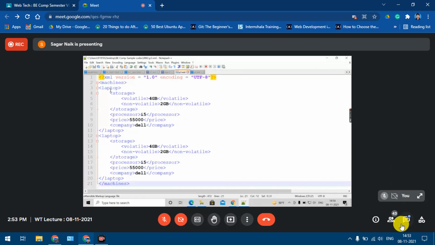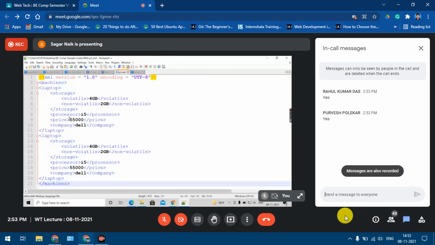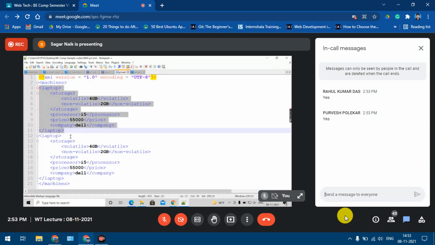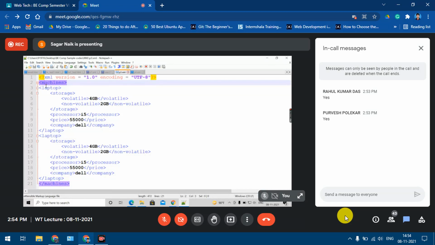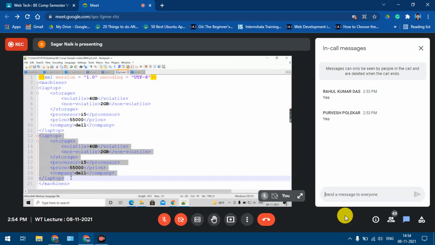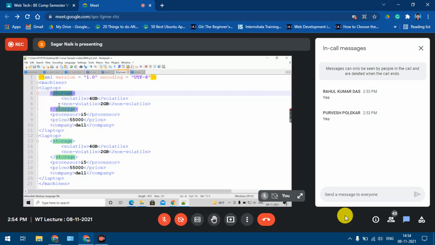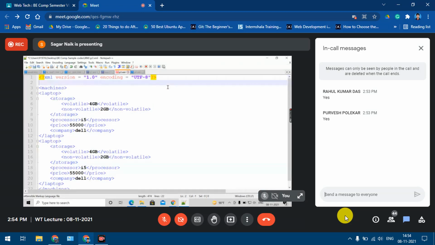First of all, we need to understand the architecture, the layout of this XML file. Machines is my root node, and the laptop element is repeating. I might even have one more element there. The laptop element has storage, processor, price, and company. And the storage component has volatile as well as non-volatile components. Now, if you write the DTD for this,